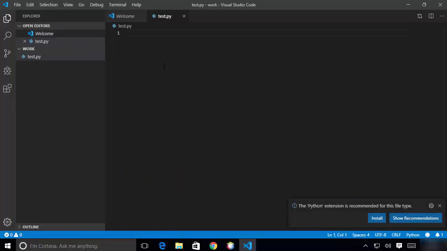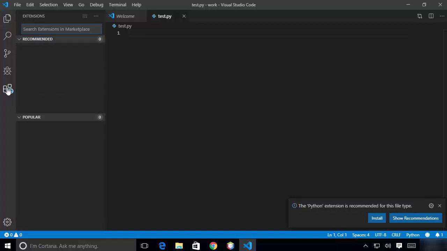As soon as you create this file inside Visual Studio Code, straight away this message will pop up, which says the Python extension is recommended for this file type. If you want to install it, you can just click on the install button. If you don't want to install it straight away from this message, you can also go to this last option, which is called the extensions, and just click on this.